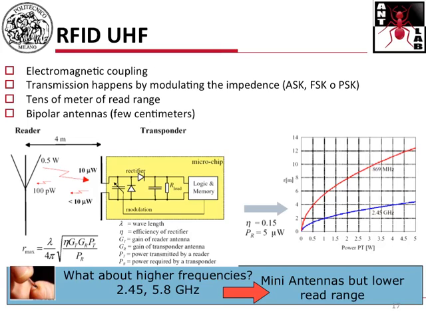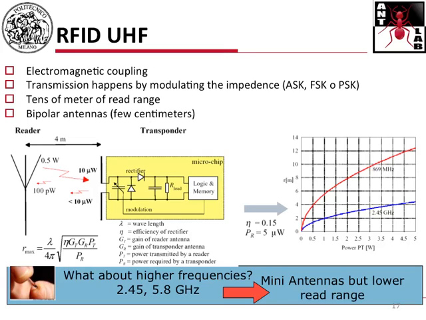Just have a look at this picture here, which is representing the antenna at the reader side and what happens at the tag side here. If you look at this antenna at the reader side, you have, for example, an outgoing power going from the reader to the tag, which is 0.5 watts, so 500 milliwatts. Then this power, depending on how far the reader is from the tag, may get down to a few microwatts